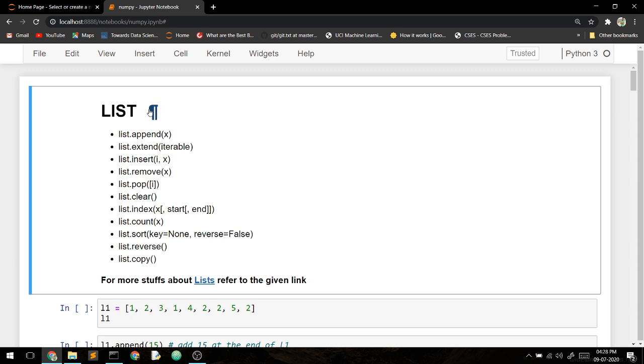So what is a list? If you have done a little bit of coding in C or C++ or any other language, you have heard about a data structure called arrays. But a list in Python is similar to arrays, because a list has many different types of functions built into it, and a list holds a series of numbers or a series of things. So what more we want to know about list, we will see in this coding video.